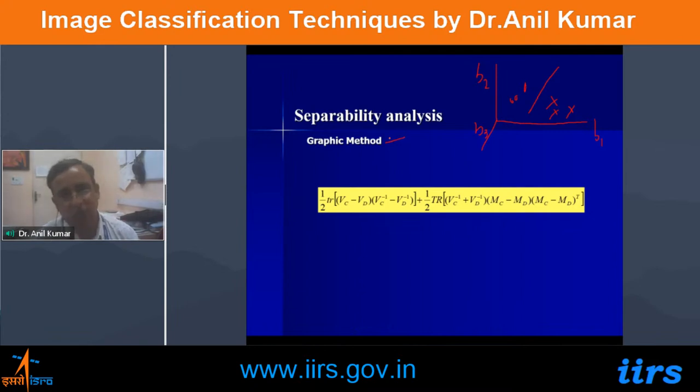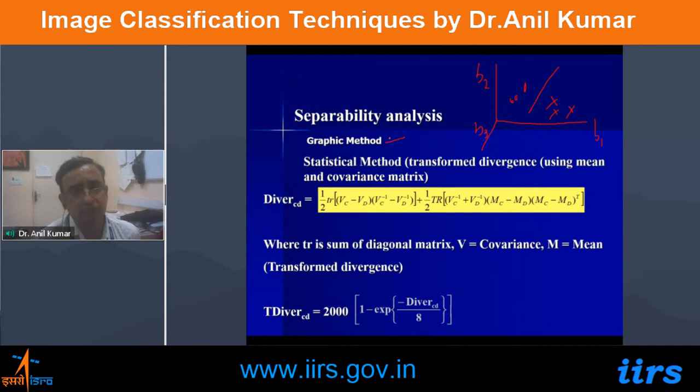If there are 4 bands, then it is not possible to go up to 4 bands and see the separation between 2 or more than 2 classes. But we can go for mathematical methods, expressions. First one, transform divergence. Here, if you see the statistical method with the transform divergence, it uses mean parameter